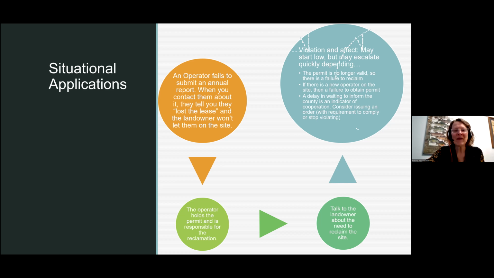So clearing that up, and getting some cooperation at reclaiming that site and/or transferring to a new operator would be the key focuses. Some folks might not consider that to be enforcement, but it actually is, because you are having that conversation at the lowest level of enforcement needed. You're providing information about compliance, and you're giving them the opportunity to make those corrections. So compliance and enforcement go hand in hand, even at that lowest level.